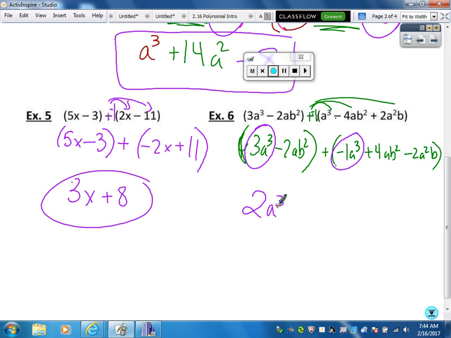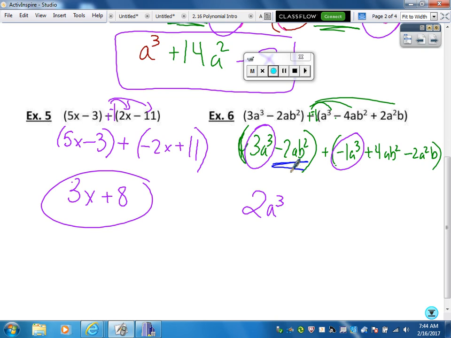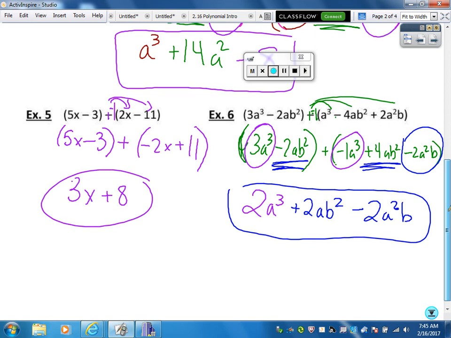And then what does the negative 2ab squared go with? So when we're looking at this guy right here, he can only go with another ab squared. So I'm looking for ab squareds. Here's the only other one that's an ab squared. So negative 2 plus 4 makes positive 2ab squareds. So we have this leftover term right here. He doesn't have anything like him, so we're just going to go ahead and put him at the end. It would be okay to switch this order if you wanted. Nothing too strict there. It's mostly about that leading coefficient. Alright,